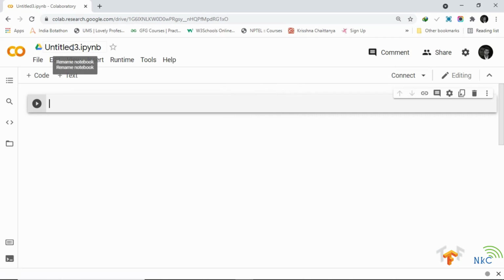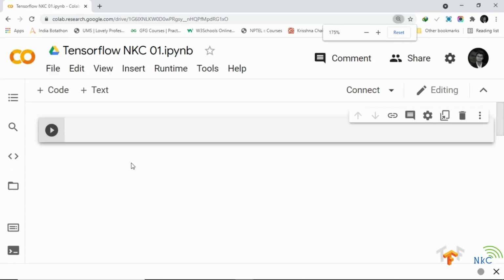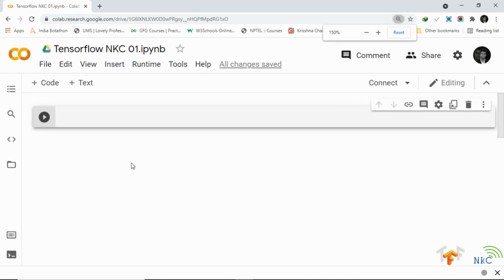Let's give our notebook a title here: TensorFlow Fundamentals NKC. By the end of this course, we will probably have 10 or so of this notebook. Now let's put in here: this notebook, we are going to cover some of the most fundamental concepts of tensors using TensorFlow.